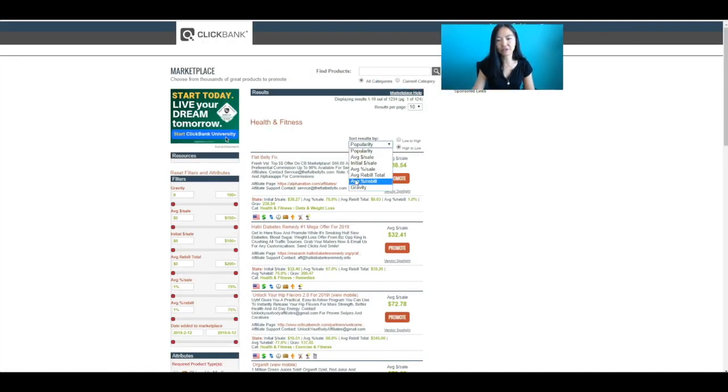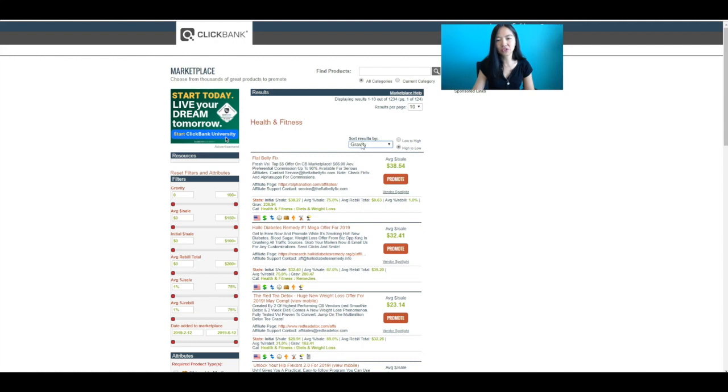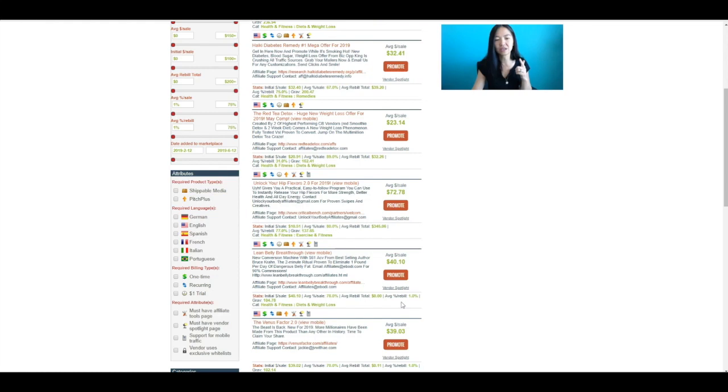What you want to do at first is sort by gravity. Gravity shows you this little number, GRAV, here. This shows you what is selling in the last 3 months or the last month. It's very recent sales. The higher this number is, the better selling it is. This tells you there are people making money from this and that the product is selling. So you want to have your results sorted by gravity, and then pick basically the top ones because those are the ones